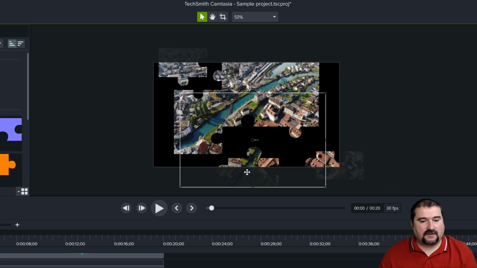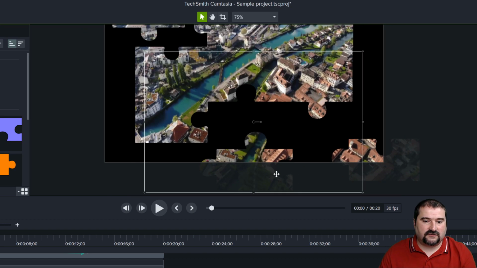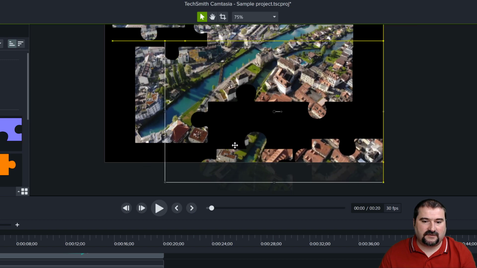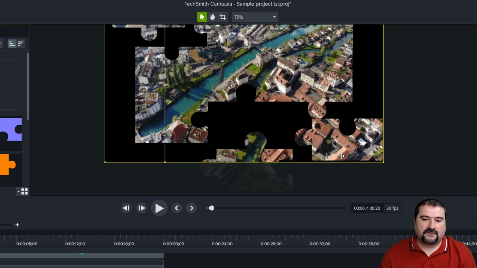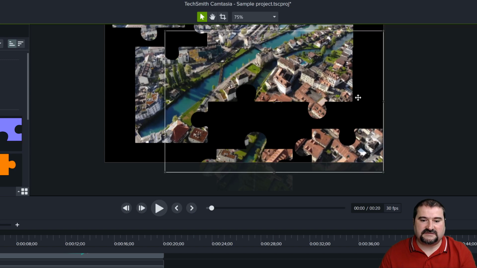So if that's your problem, then what you can do is you can zoom in and look, this one is hard to click on because the only visible part is this corner, but I'm actually occupying all this space. So you can hold down the Alt key and just pull the edges.